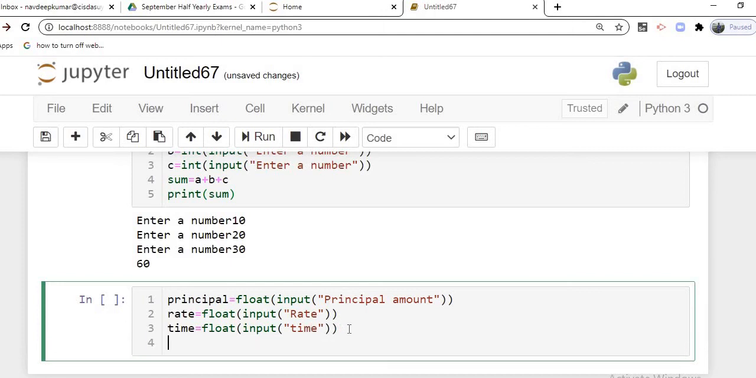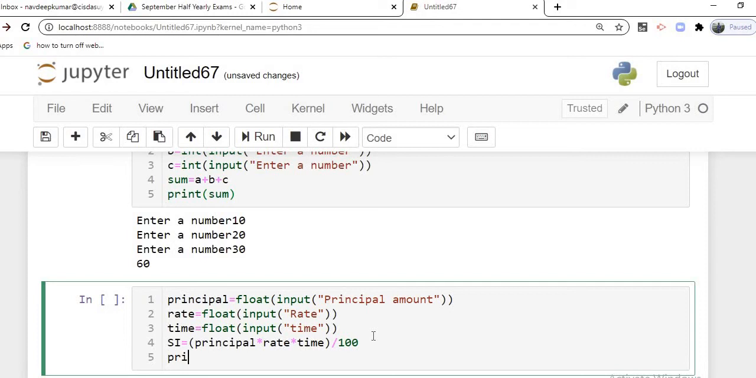Apply the simple formula, that is simple interest is equal to principal into rate into time divided by 100. And finally print the simple interest. To run this one now,